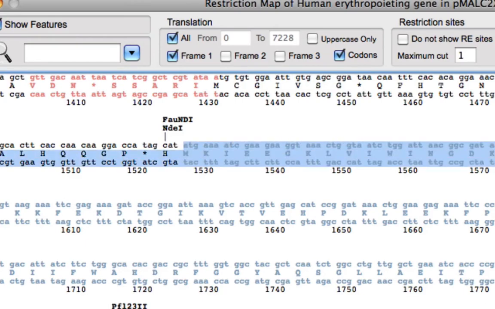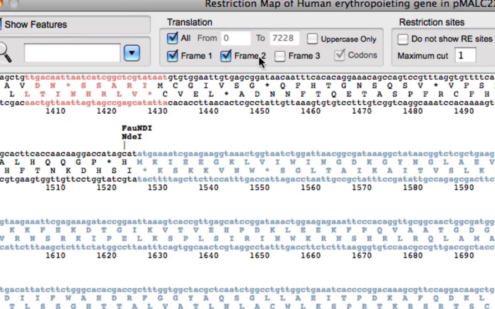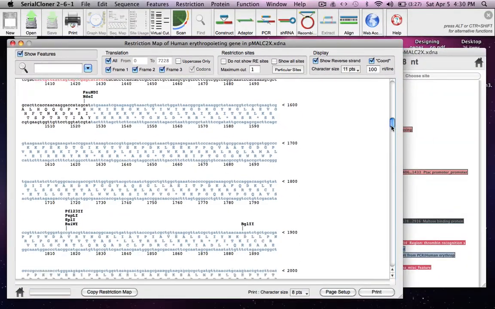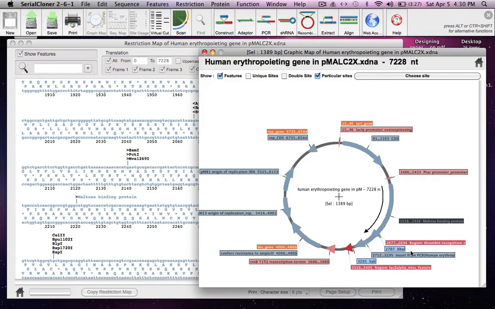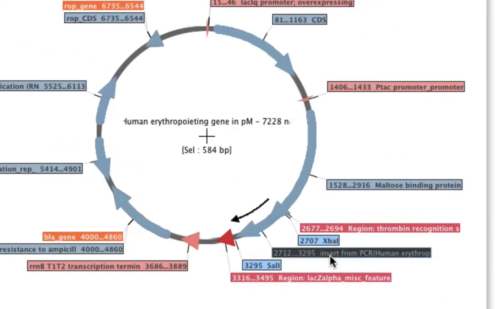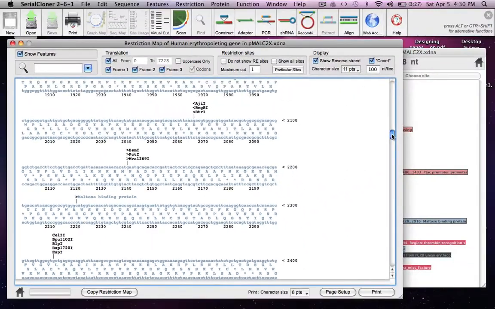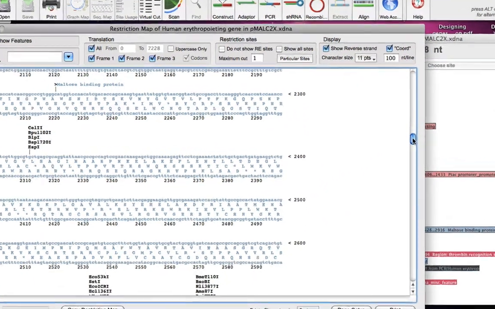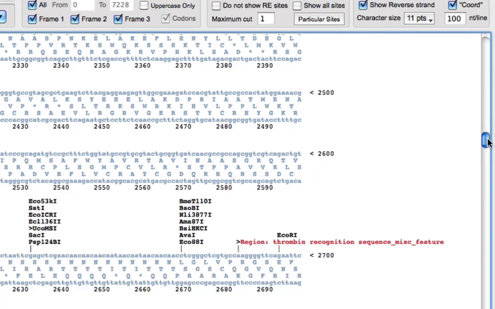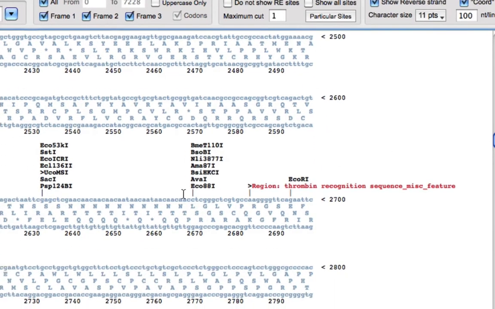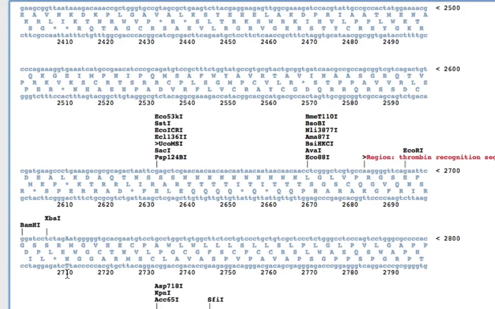Now we are only seeing reading frame 1, and here we can see that maltose binding protein starts with methionine. So let's go down further downstream, where at 2712 is our gene of interest, erythropoietin. Let's see whether our erythropoietin is cloned in frame with maltose binding protein or not.